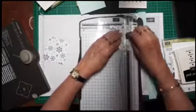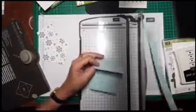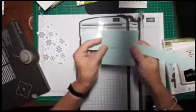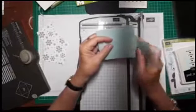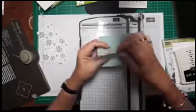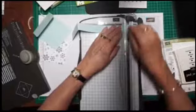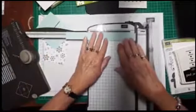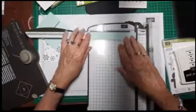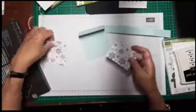Look at that, just the right amount. All right, now while I've got my trimmer here, I've cut this strip to 1 inch or 2.5 centimeters, and we're just going to fold it round that way, roughly, and about there. So I'll give you that measurement, it is going to be about 23.5. All right, so 23.5 centimeters by 5 centimeters for your belly band, and 2 pieces of DSP, one